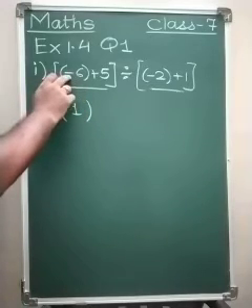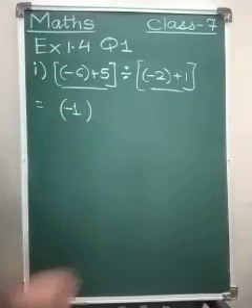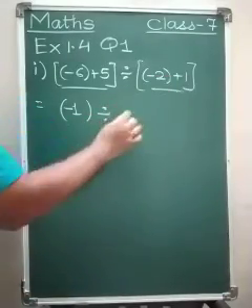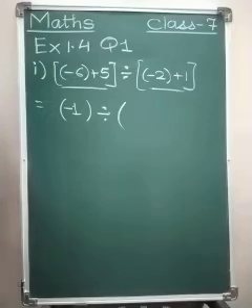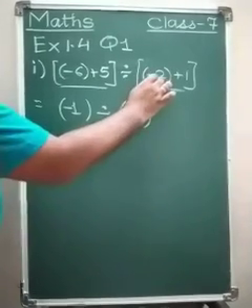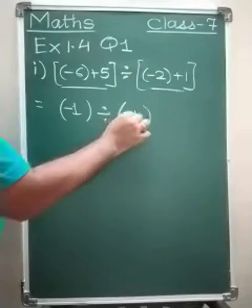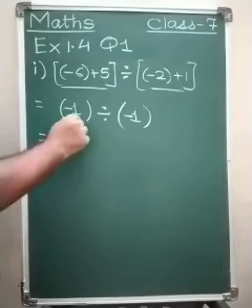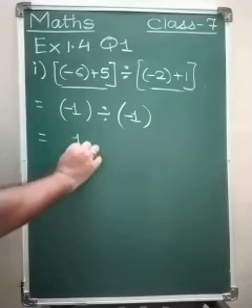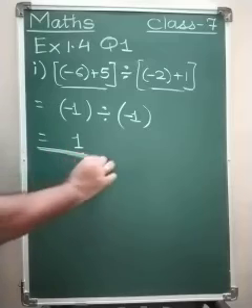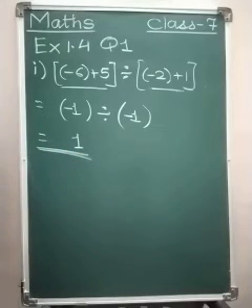6 is the bigger number, 6 is having minus sign, so this will be minus 1, divided by minus 2 plus 1, again the operation performed would be subtraction. So out of 2, 1 is gone, we get 1. 2 is the bigger number having a negative sign, so this will be minus 1. Now our answer is quite simple. 1 divided by 1, answer would be 1, and minus divided by minus, the answer would be plus, so we again get a plus 1 answer.